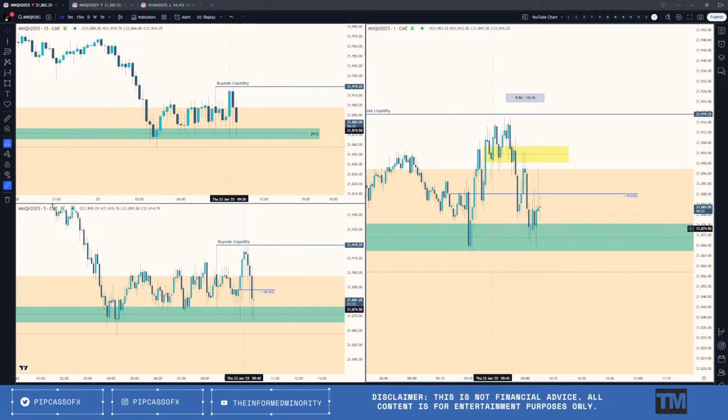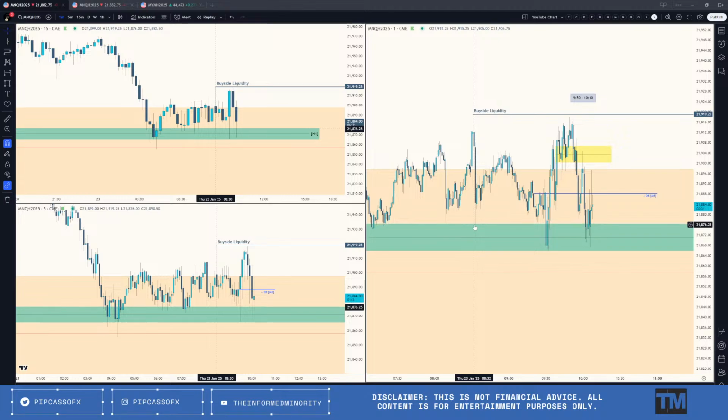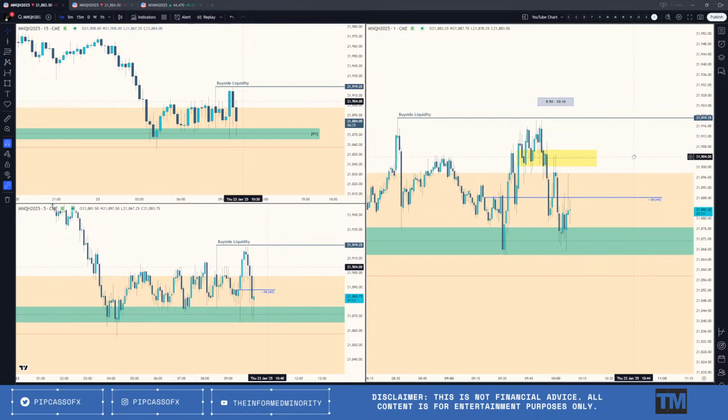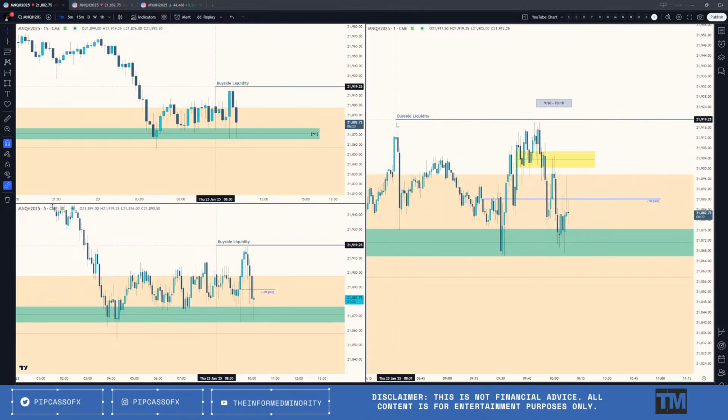Did it take out the low? I think it did. Yeah, it took out the 830 low and then ran up, which is also something important. That's why I would have expected that. But now knowing that Trump is speaking at 11, that makes a lot more sense for the price action that we're getting. Just gotta check that thing more often now.